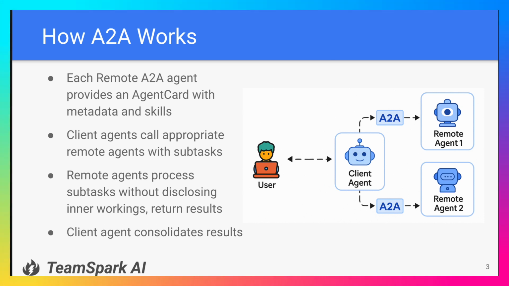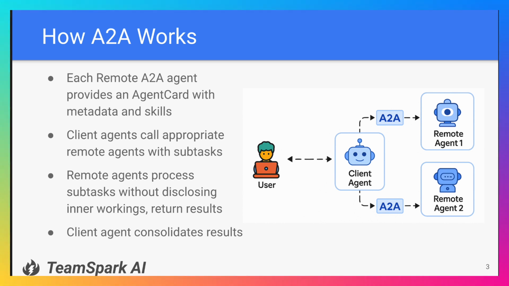And then the remote agents will get those subtasks, they'll process them, and they'll return a result without disclosing any of their inner workings. So if they call tools or access resources or any of the chit chat that you see back and forth as an agent solving a problem, you're not going to see any of that in the client agent. You're just going to get the result. And then the client agent will consolidate those results. So it'll either build them into your answer, or in the case of tasks being accomplished, it'll understand which